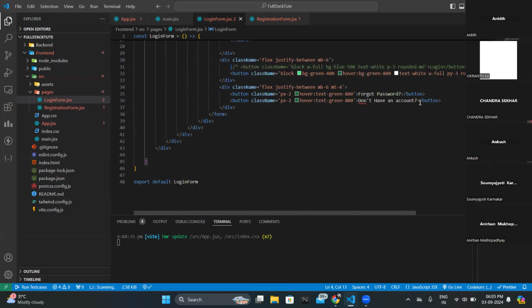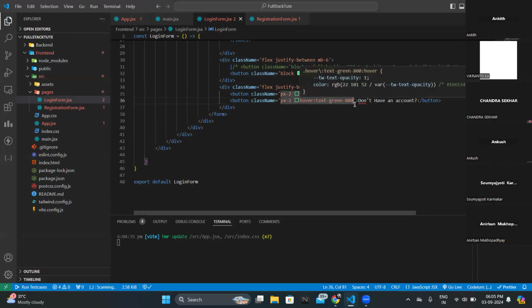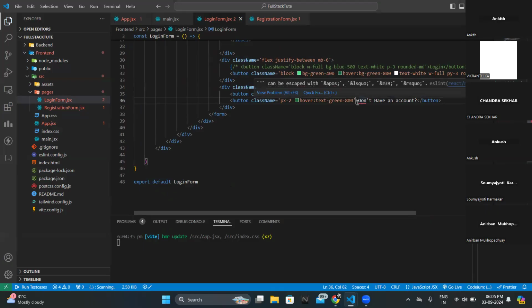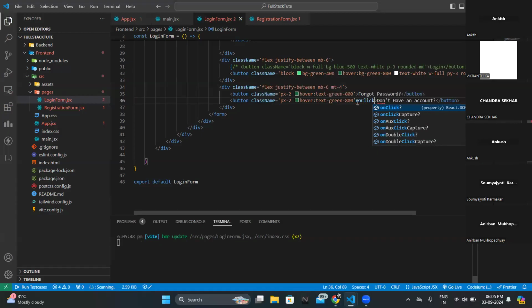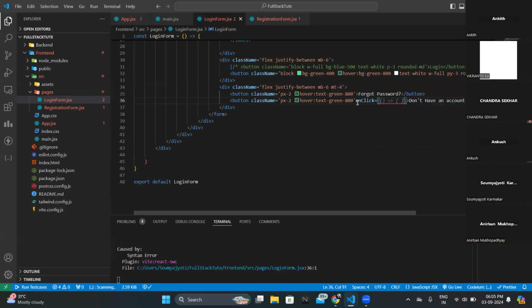In the button on line 36, give a prop named onClick, after the class name. When the class name is finished, there is a prop, one space after. Not here. Yes, now we have to write onClick. And then give any function. Let's say